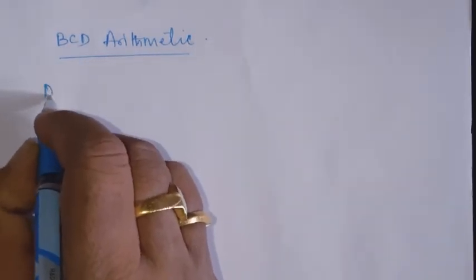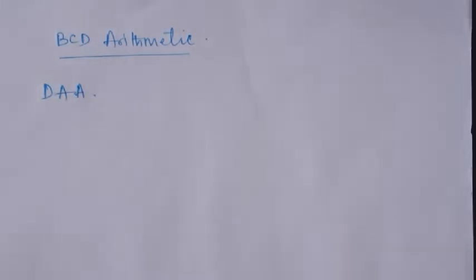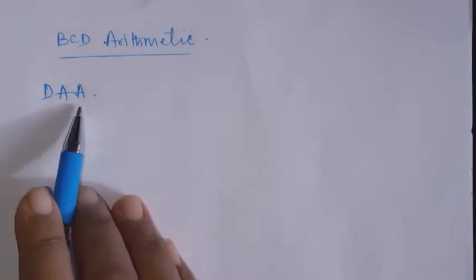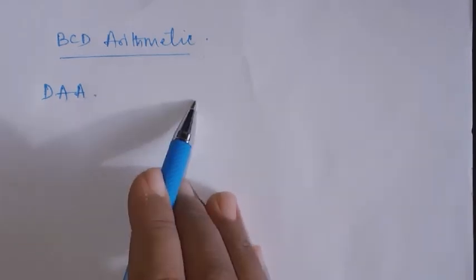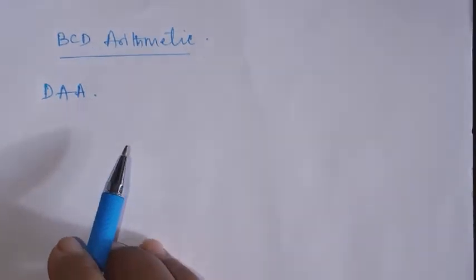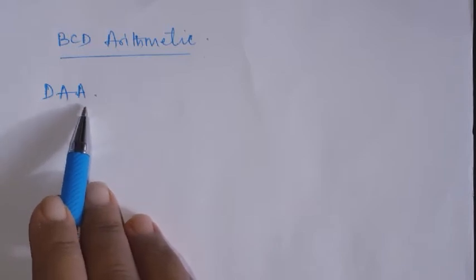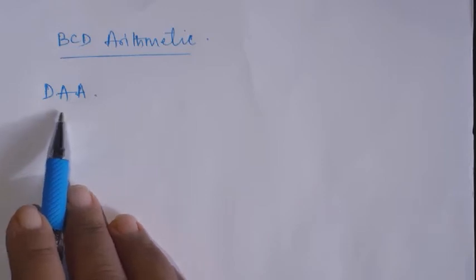Such instructions are: the first one is DAA, that is decimal adjust AL after BCD addition. Decimal adjust after addition. Here there are no operands. The operand must be in the AL register. So after an arithmetic instruction, the add instruction, the result must be in AL, and this instruction will convert the result which is there in the AL register to a decimal number.